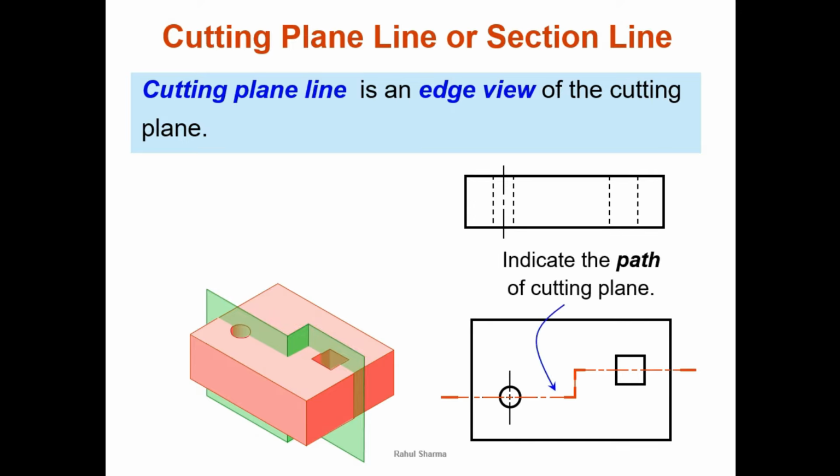It is telling you the position from where we are cutting the object. As this is not the modified object, we are not modifying the object. The object is the main complete part, but to show the internal shape we are imagining that we are cutting it and showing the internal shape. But we have to show from where we are cutting, from which position the section plane is passing to show the internal shape.